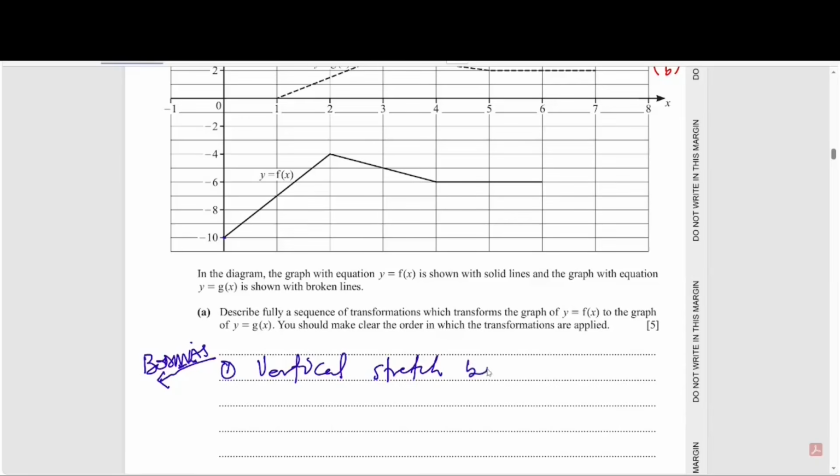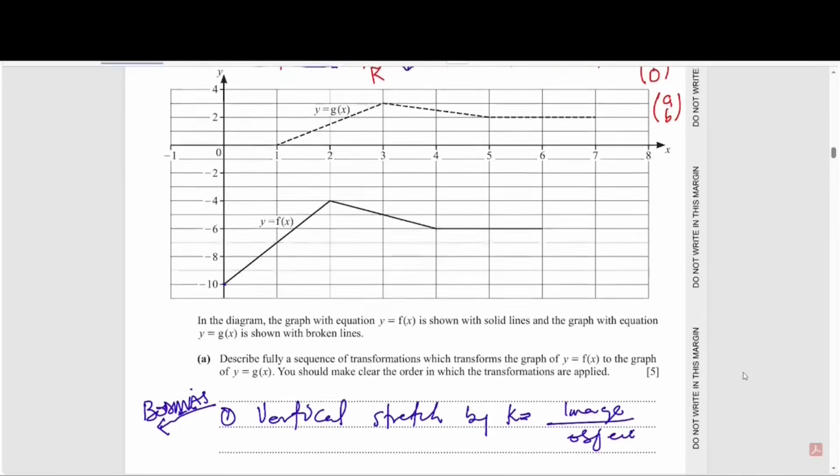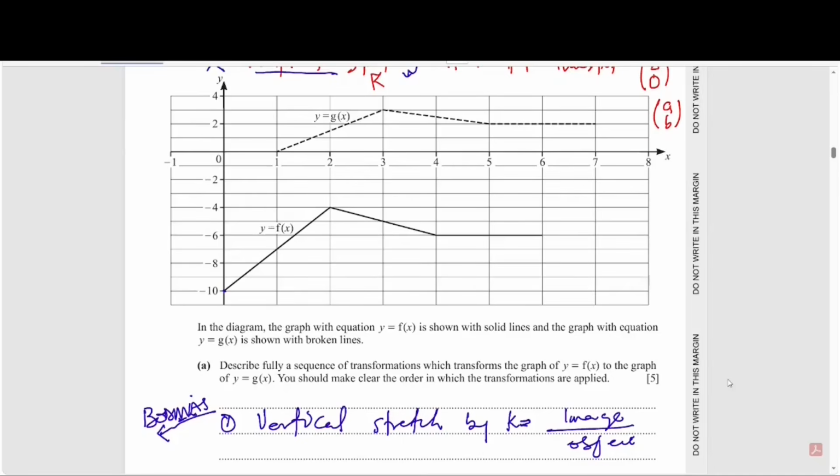So let the scale factor be K. Remember, it's going to be image over object, the transformed curve over the original curve. By that, I mean pick any two corresponding sides. I'm going to pick this side